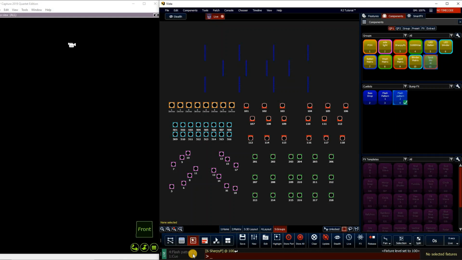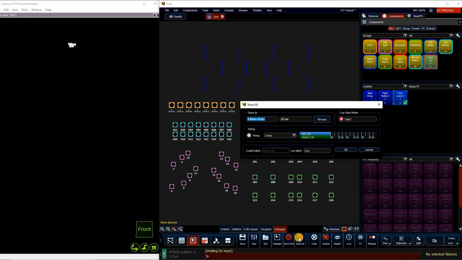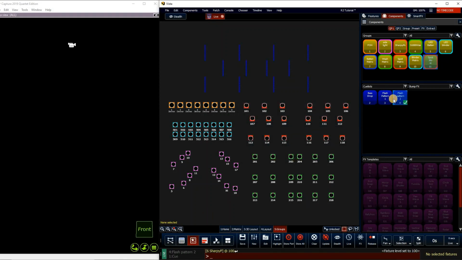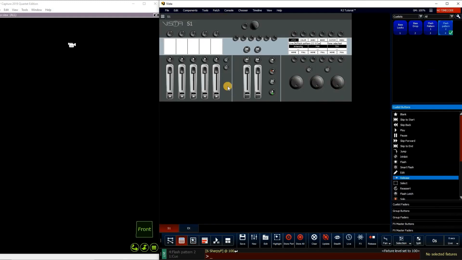Now there are kind of like two main functions of the default cuelist. One, now when I hit store, automatically it will assume that I want to store to my default list. So this is a really nice way of just keeping track of where all of your data is going as you're programming. The second function is that now I have this cuelist selected, these playback buttons will work with it, even in live, even without it open in edit mode, and I don't even have to have it docked into my super playback either. I can be in programming mode, and these buttons will now respond to whatever list is